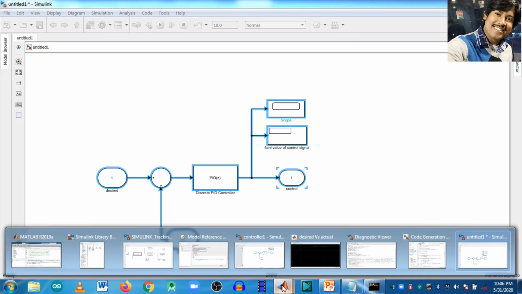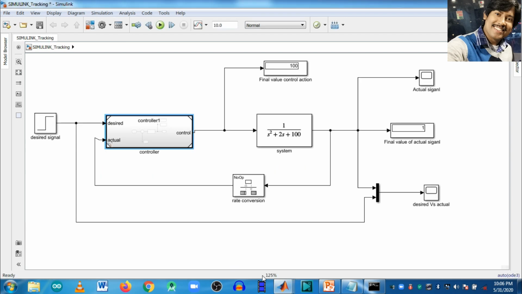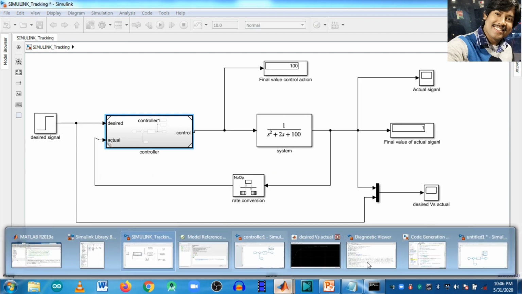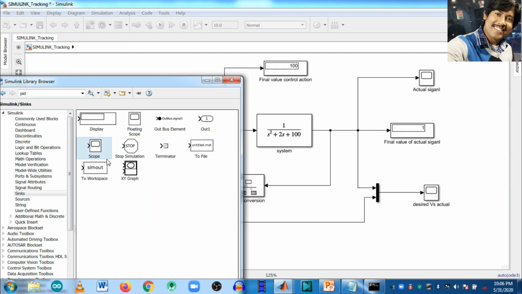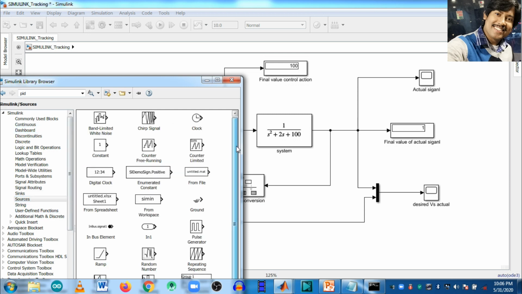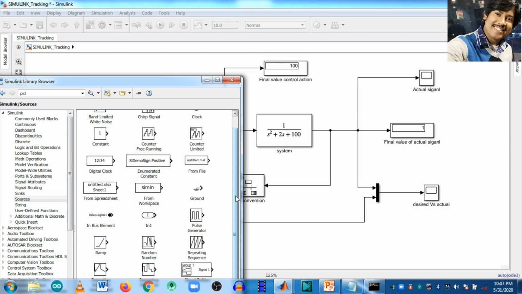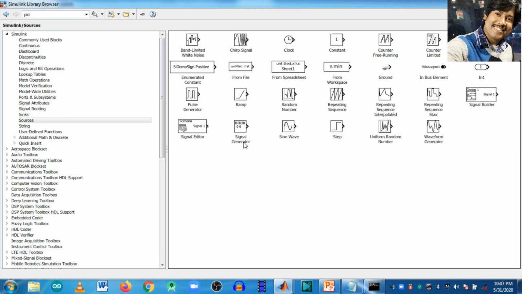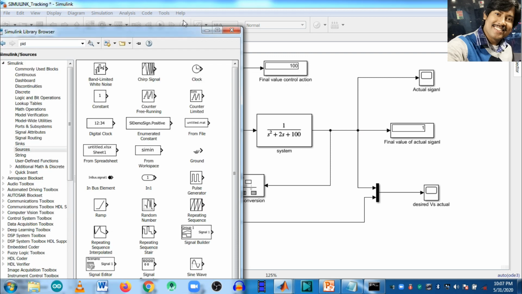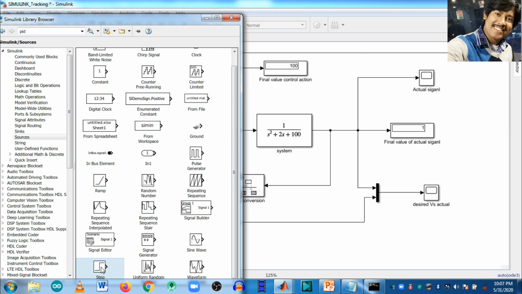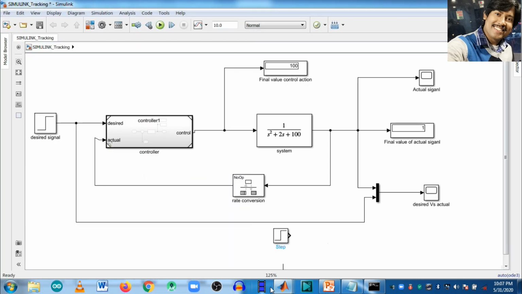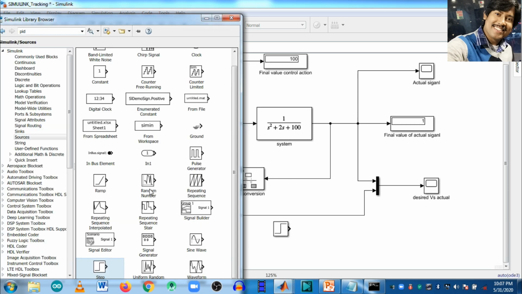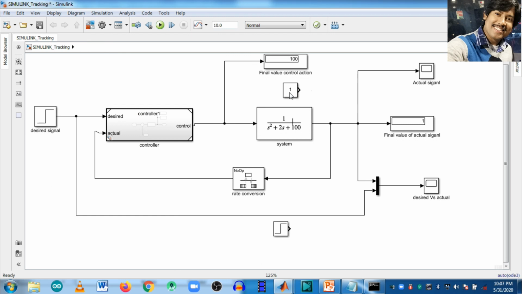Now I am copying this one and pasting it in another folder, and the input will be here. I am considering the step signal. The step signal is here, a source.